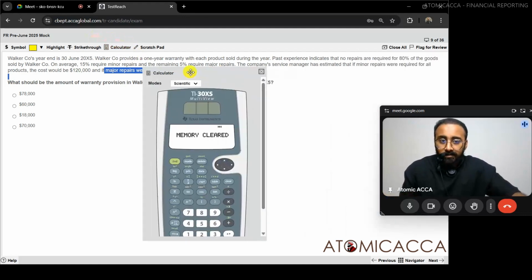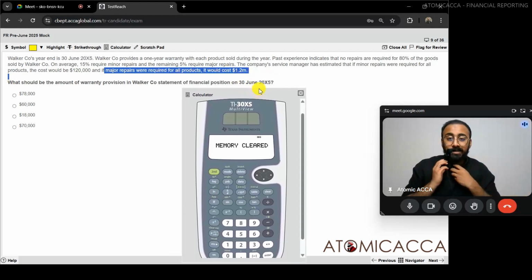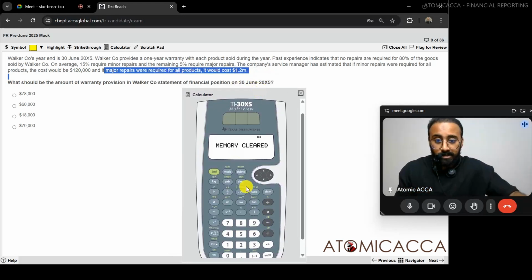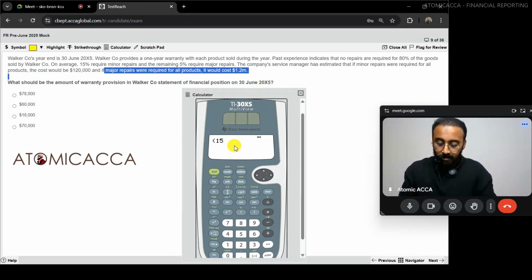So that's a very straightforward calculation. Whenever you have repeated, recurring events, you have to find the average of it based on the probability. So how much is the probability? First, you have a 15% chance. Percentage doesn't work in this, so